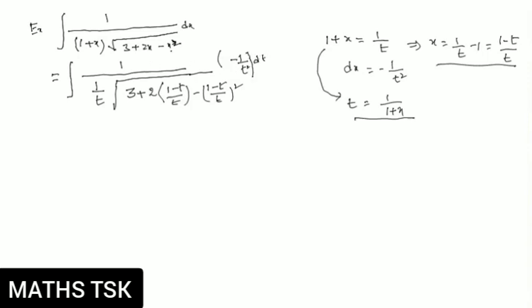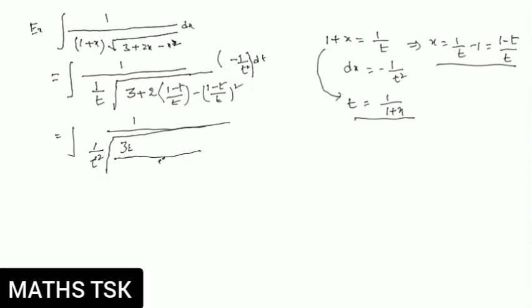So you can factorize and you can substitute 1 plus x and 3 minus x. But I am not writing like this. For remaining problems also it will be very easy if you do like this. So this is integration of 1 by, here it is t square. If you take root of t square common, it becomes 1 by t into 1 by t square. Okay, it's under root now.